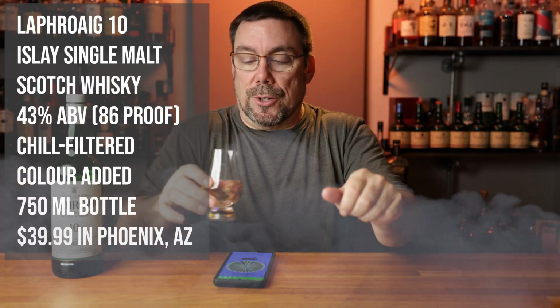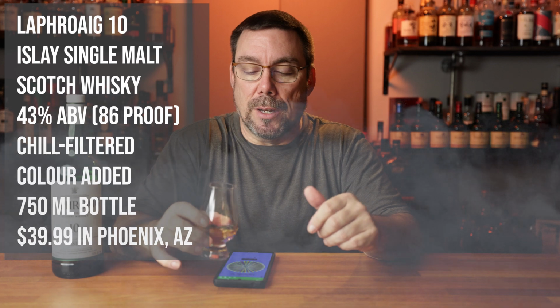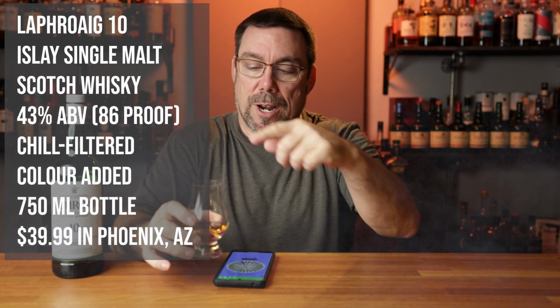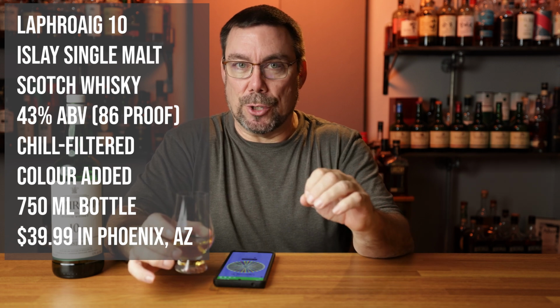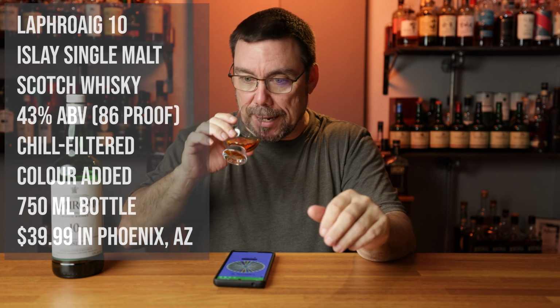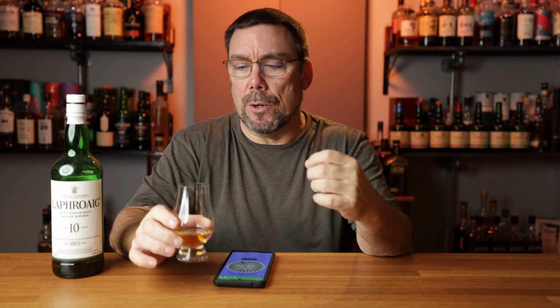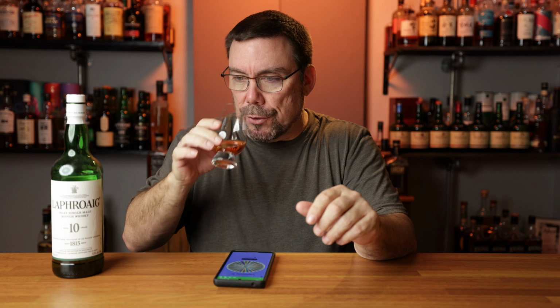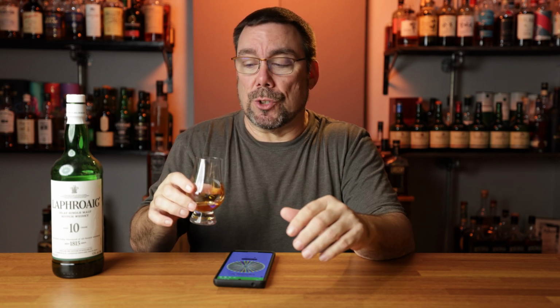All right, so on the nose, obviously this is going to be a peated Scotch. All the information to the whiskey is right here. I'm immediately hit with medicinal notes, Band-Aids, iodine, some saltiness, some brine. And the peat smoke is not necessarily a barbecue smoke, like a charred meat or a charred barbecue sauce. It's more medicinal. And for somebody just getting into peated whiskeys, this is not something that you would start with